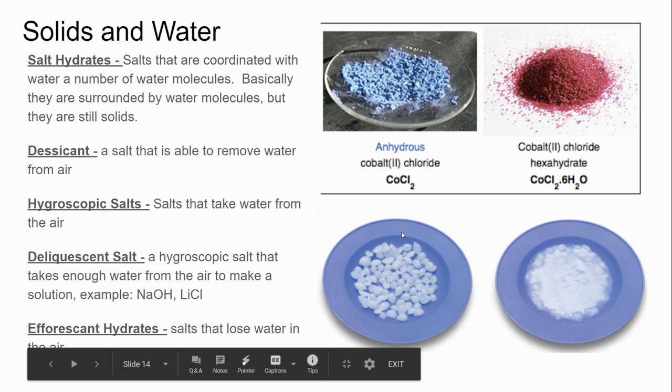Here is sodium hydroxide, little pellets, in this blue plate here. If you let it sit out long enough, it will actually absorb enough water to create a solution. It'll just keep absorbing water. Okay, so sodium hydroxide pellets, I have this in my lab, and I have to make sure that I close